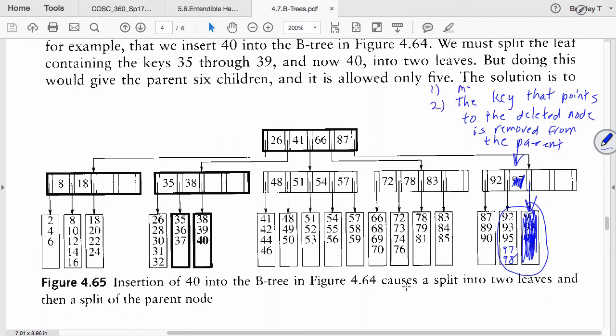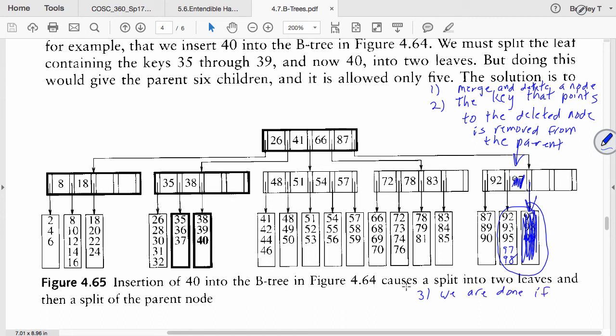We merge and delete a node. The key that points to the deleted node is removed from the parent. We are done if